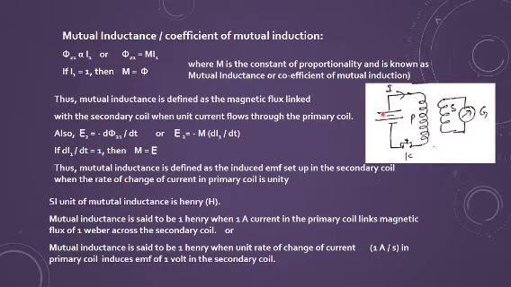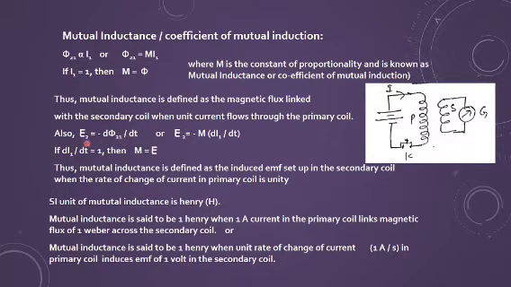It means when you allow 1 unit, or 1 ampere, of current to flow through the primary coil, the magnetic flux changed in the secondary coil equals the mutual inductance, capital M. Another way of defining mutual inductance is in terms of the induced EMF. Again, induced EMF is produced in the secondary coil, so you can write E2 equals minus the rate of change of the magnetic flux, by Lenz's law and Faraday's laws.